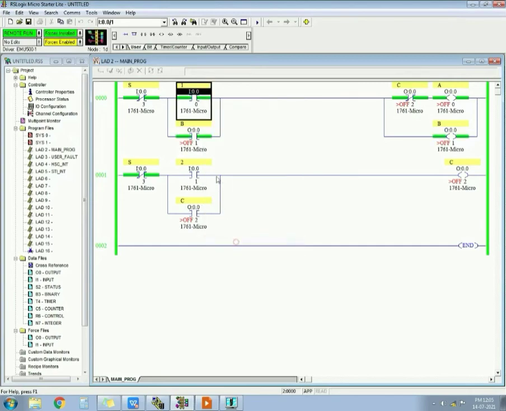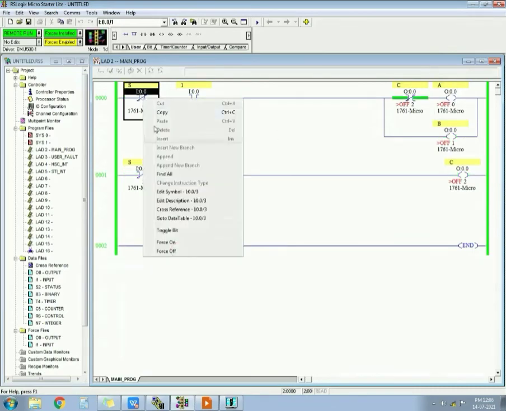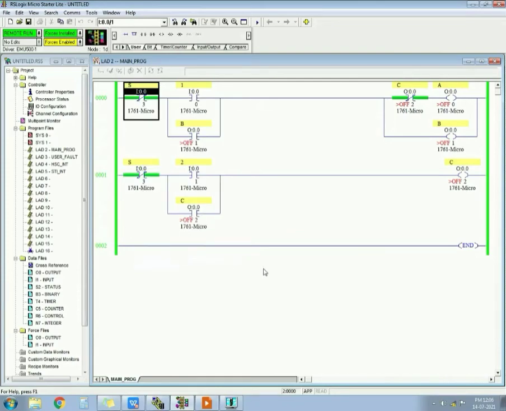See, when first push button is pressed, output A, B gets on, but you have to take latching with the B only, because B will remain on. In the question it is written that output A gets off. It is not written that B gets off. So when you press the second push button, see, C gets on. As C gets on, I have taken NC over here, so it becomes NO. As it becomes NO, it will break the circuit of output A. So as long as this remains NO, output A will remain off. When stop push button is pressed, both outputs get off. So this is the solution of this question number 5.